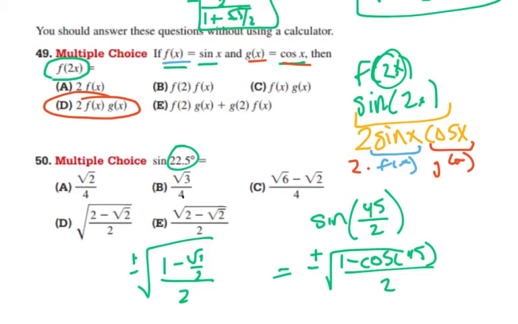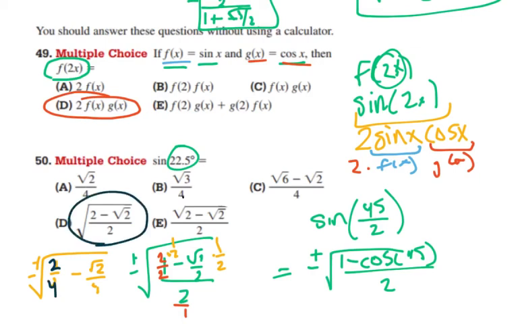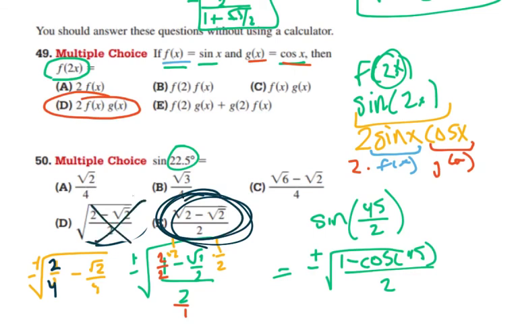And then changing our 1 to a 2 over 2 and changing our divisor of 2 over 1 means that each of these is multiplied by a half. And so we actually get plus or minus the square root of 2 over 4, so 1/2 minus square root of 2 over 4. And so if I keep that actually as 2 over 4, we end up simplifying to this one actually and not this one, because of the